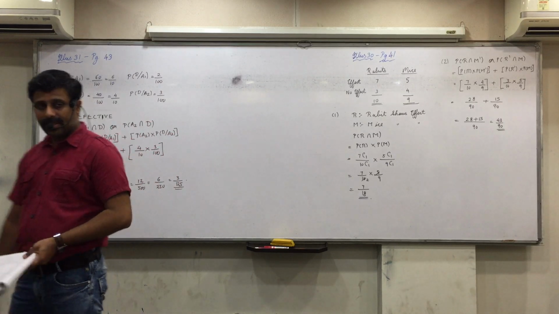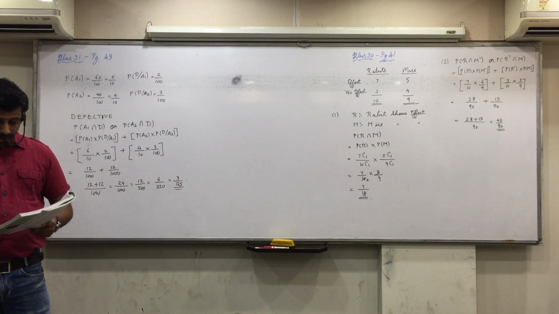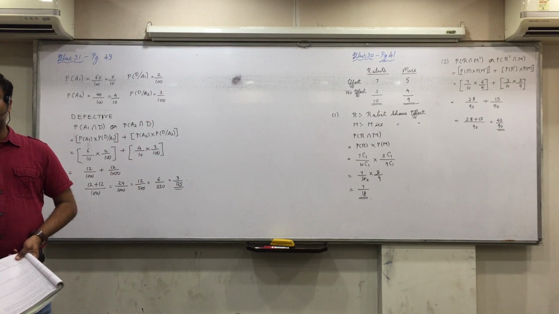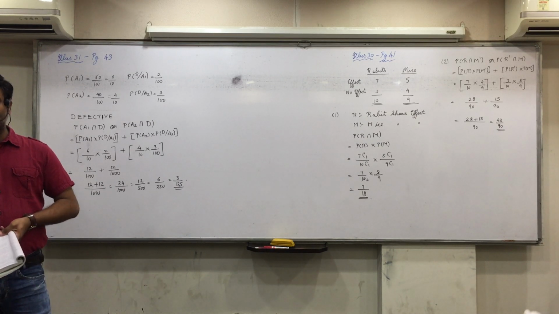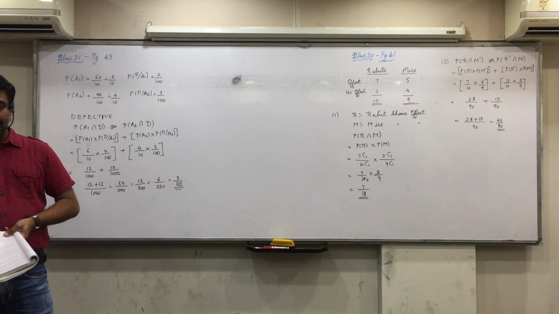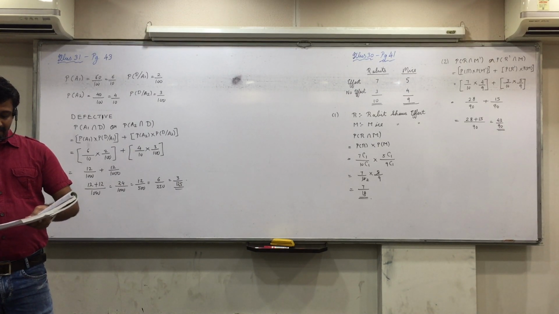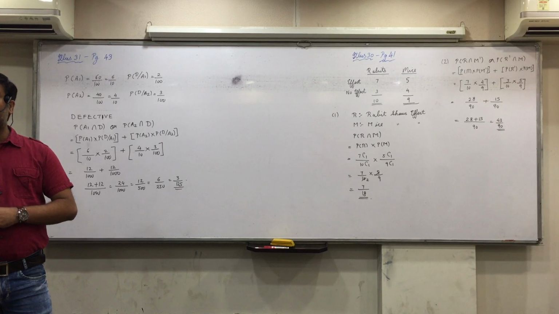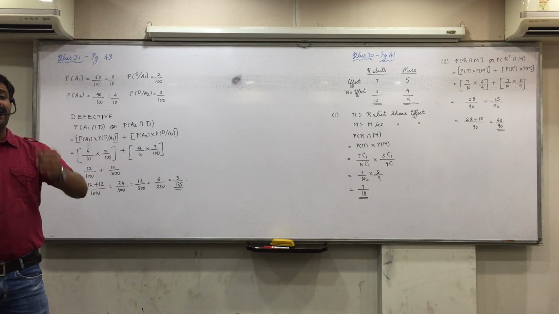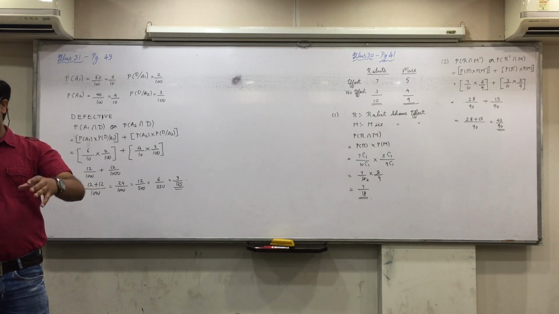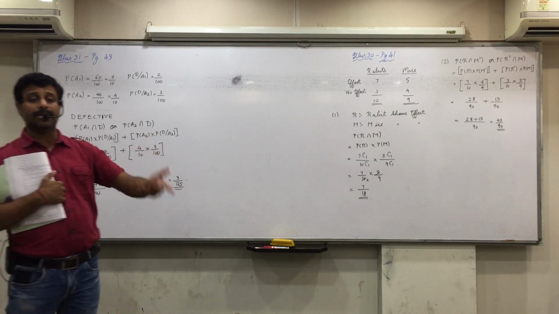See illustration 34. Two balanced dice are thrown simultaneously, make the sample space of 36 outcomes. Find the probability that at least one dice shows 5. In the same way here it is asked that at least one of the two dice shows number 3. You get the same answer, 11 by 36. At least 1, at least 2, at least 3, at least 4, at least 5, at least 6, all will have the same answer.